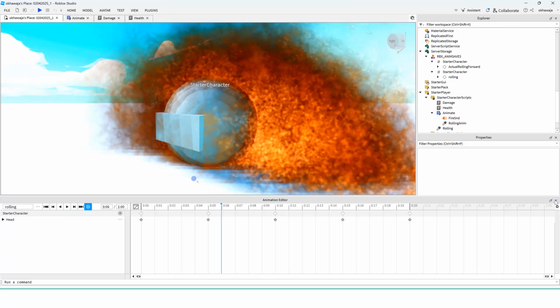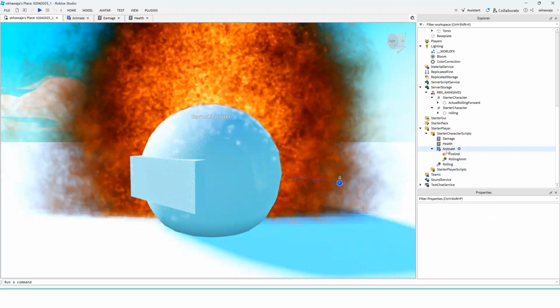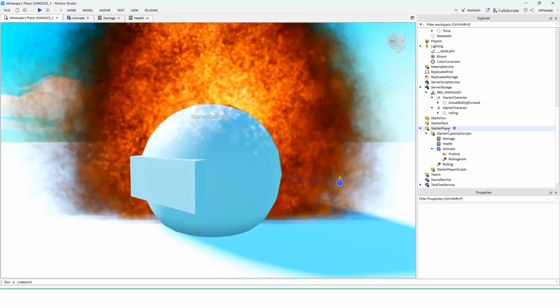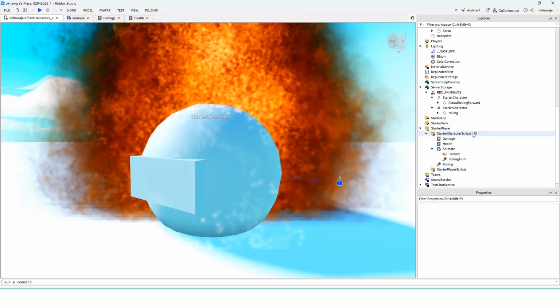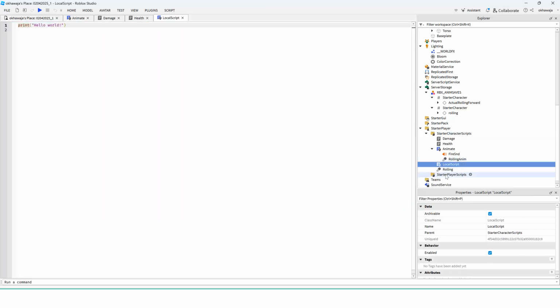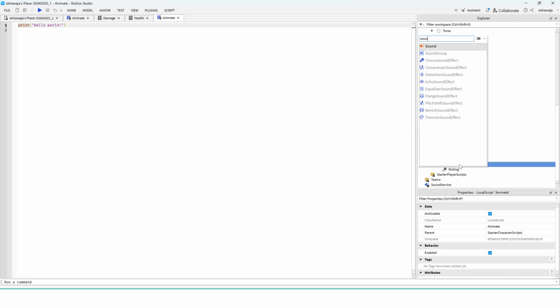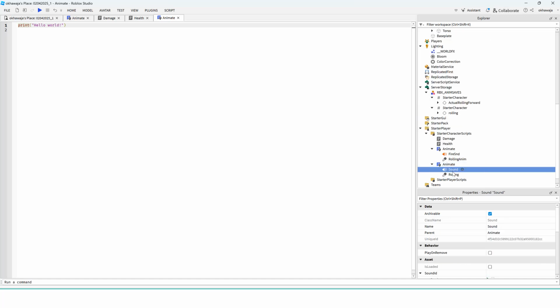Okay, so what we're gonna do now is create an animation script in here under starter player, starter character scripts. It's gonna be a local script. We're gonna call it animate, and then under that we're gonna basically drag a rolling script. We're gonna put that in here. We're gonna create a sound object, call it fire sound,